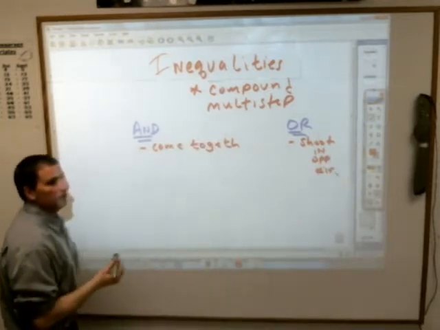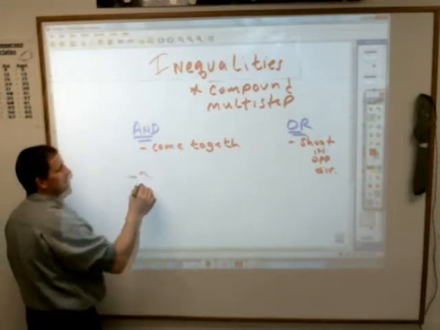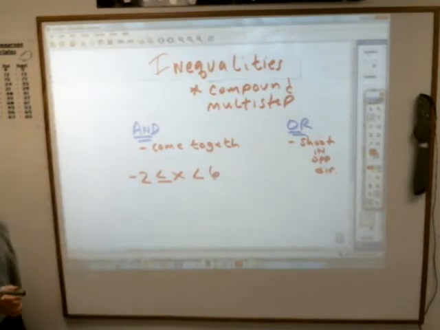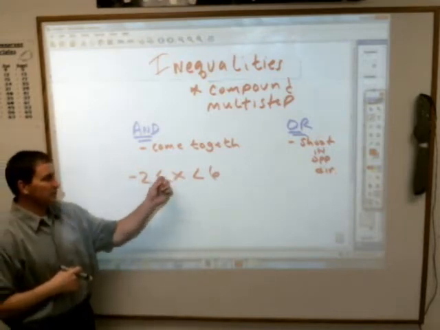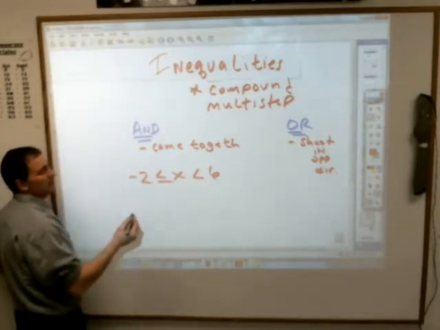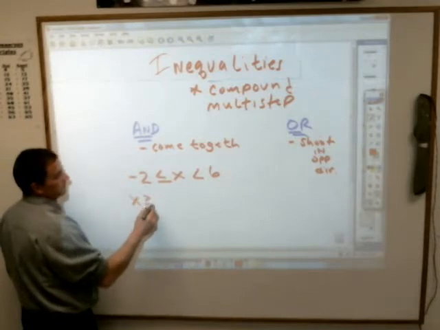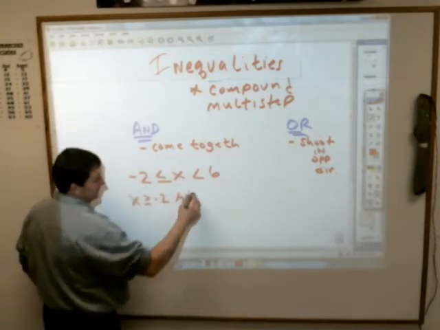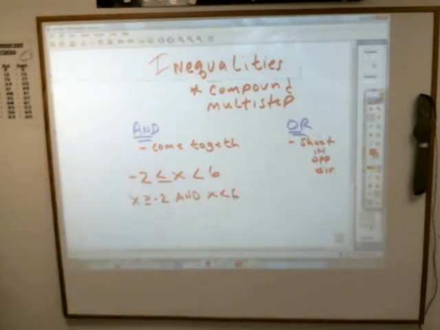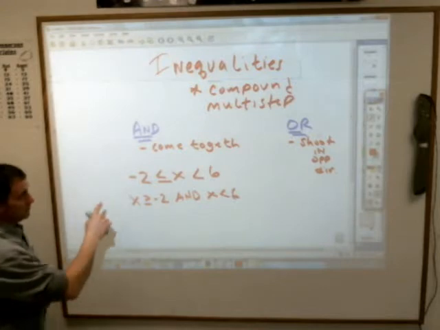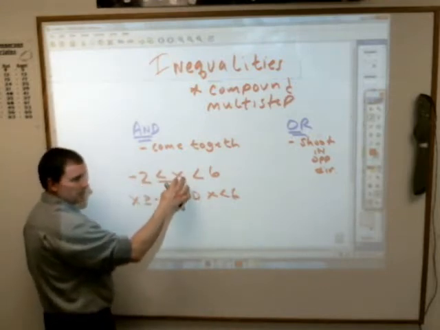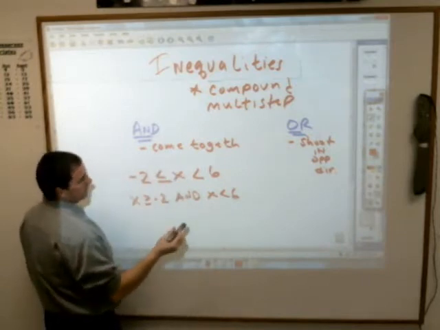The "and" ones can look like this: -2 ≤ x < 6. You could write it like that, which is read as x is greater than or equal to -2 and less than 6, or you could write it out with the word: x is greater than or equal to -2 and x is less than 6. Either one means the same exact thing. You just have to recognize it, and when you read it, you start with the x, even though that's a less than sign, so when you graph it,